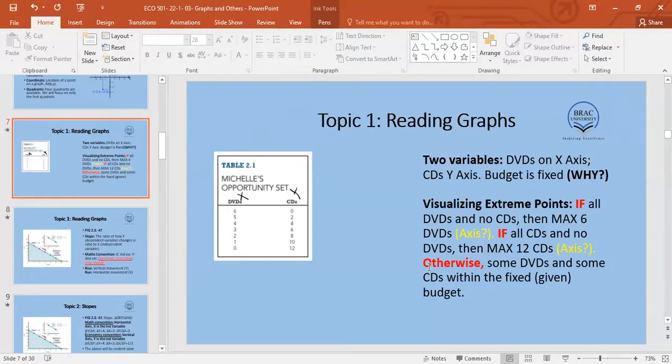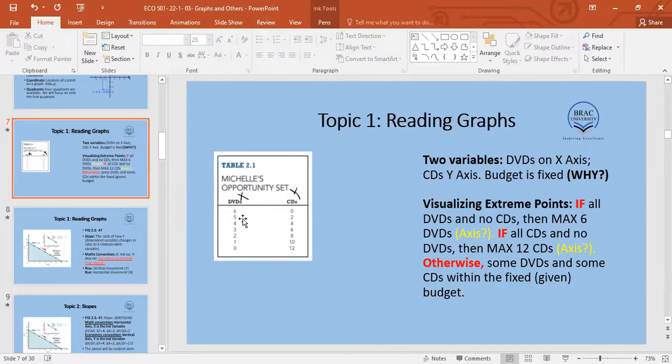Can anybody observe a particular relationship here? If I spend my entire money buying DVDs, I cannot buy any CDs. এটা কি বোঝা যাচ্ছে? The first point. To visualize the thing, then we'll plot it in a graph. But আগে আমরা মাথায় ঢোকানোর চেষ্টা করি।